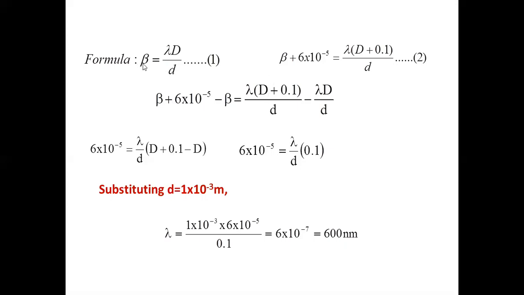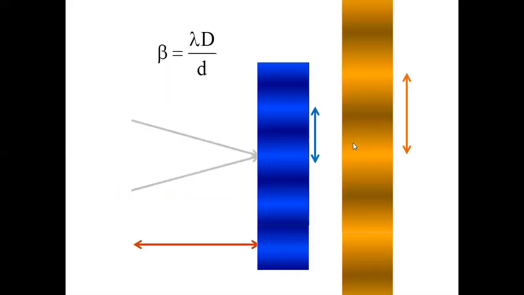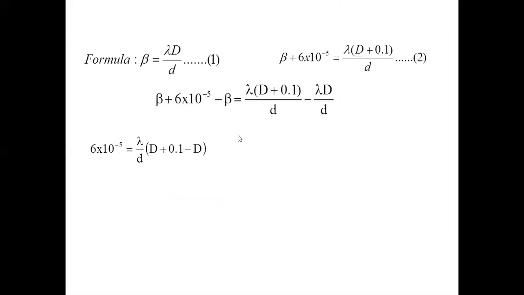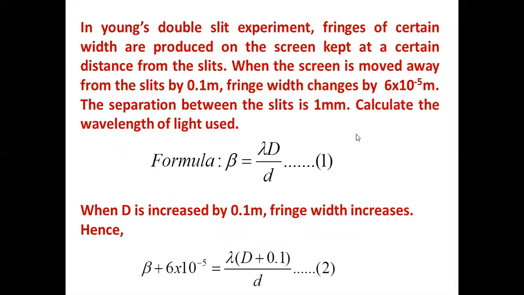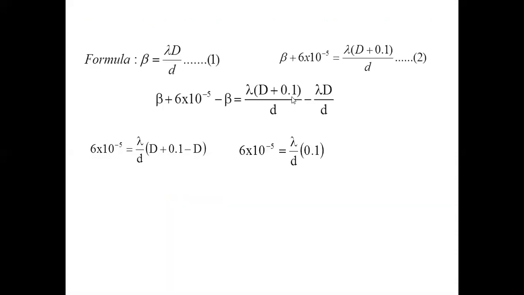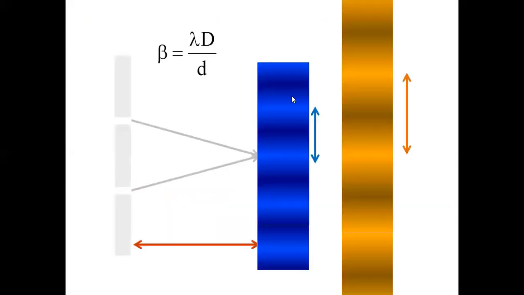Okay, so the fringe width increases by this amount, which we have to conclude because they have given only the change. Since D increases from D to D plus 0.1. Suppose capital D was decreased, I should have subtracted this from the original beta. Okay, then what else do they want? Calculate the wavelength of light. That's all the problem. I think nothing else is included here.